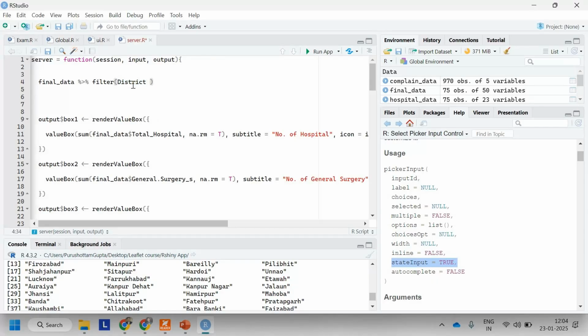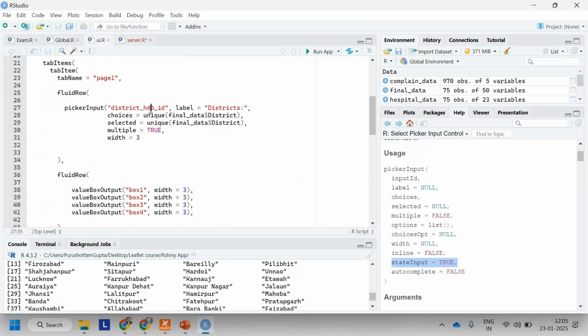So district, and it should be in. So I'm going to use one more important thing, that is input. Input basically takes whatever you select in the UI and brings it to the server, and this will filter the data on the basis of the number of selections. So if I do the $ sign here, and the IDs that we have given is a district hospital ID,